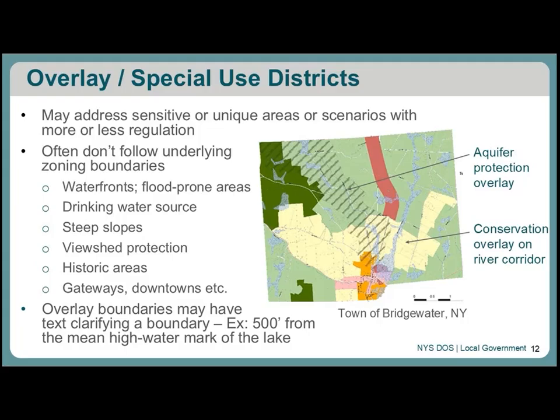So for the town of Bridgewater, I think it's 200 feet on either side of the shoreline at the normal water level of streams and waterways, and such additional areas are delineated on the map. Super important, of course, for the zoning enforcement officer that's going to be going out there and actually going through the process of measuring.